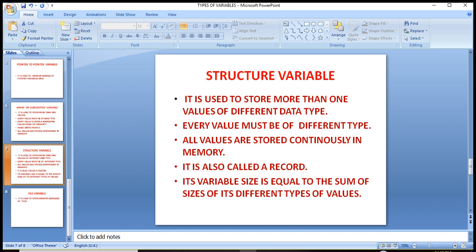Every value must be of a different type. It is not necessary, I have written must be of a different type, but we can also take the same type. But its main function is that we can store data of different types.